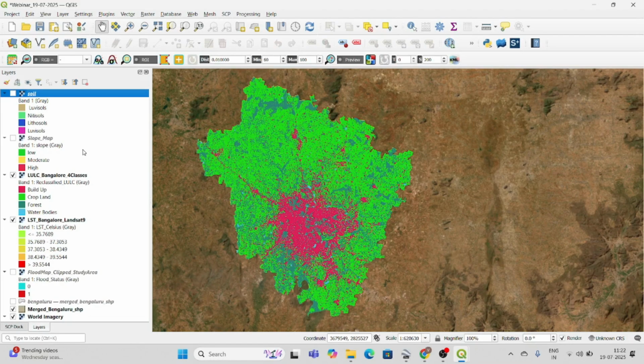But if you are an industry developer, then you will definitely not think about the temperature or flood risk. Maybe you may think about flood risk, but you may not think about the temperature, because work is more important for you. That time you will think about the soil strength. You will think about whether your office building will stand in this place, and whether the soil can hold it.